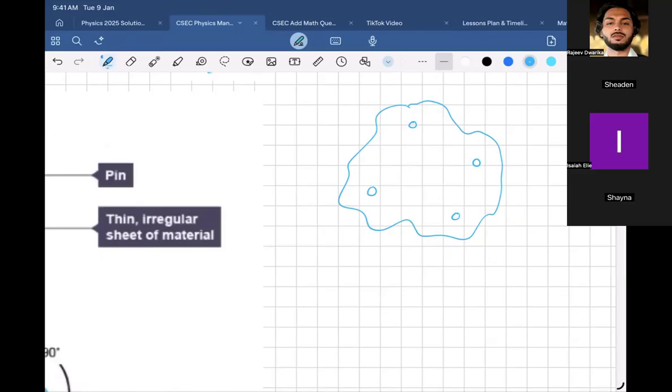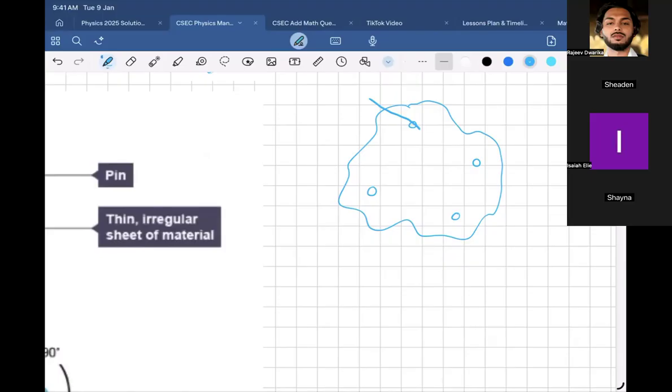Yeah. And then what we're going to do is take our pin, and you see this hole over here? We're going to place the pin inside of the hole, so the paper is just hanging there. Could you all visualize that? You take it and you place it, so it's swaying side to side now. Could we all visualize that?